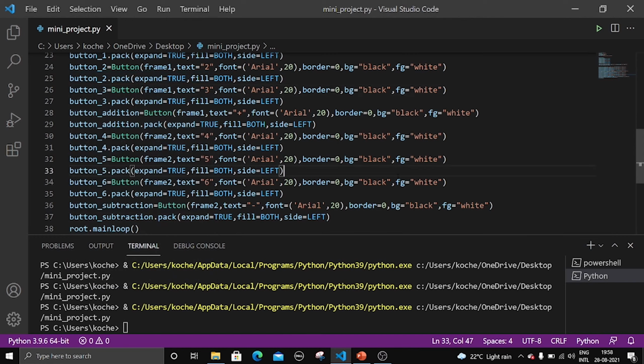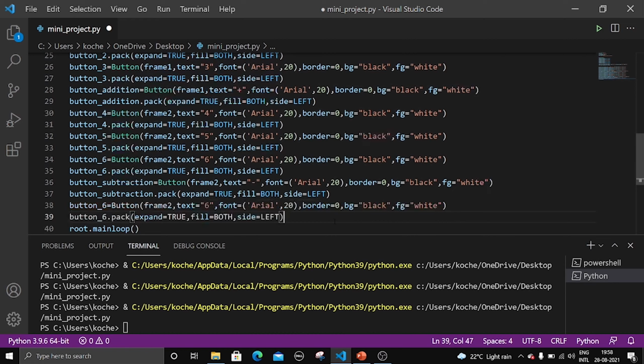So now let us do similarly for 7, 8, 9, and let us keep multiplication now, right? So let me copy this and let me paste this, and this carries 7, 7 and text also 7, right? So this will be now frame 3. Got it?